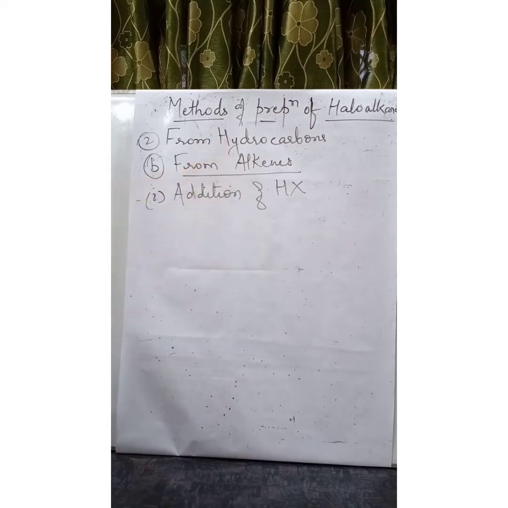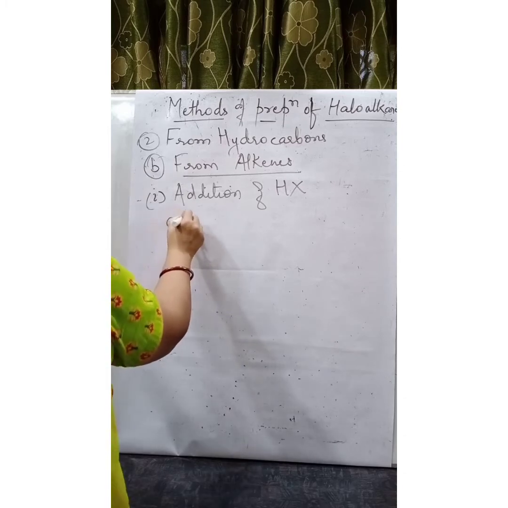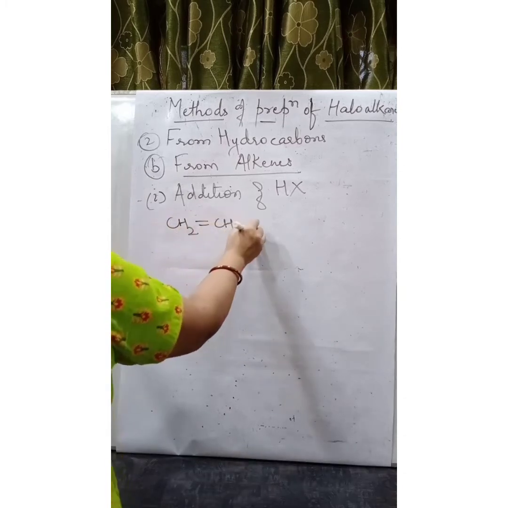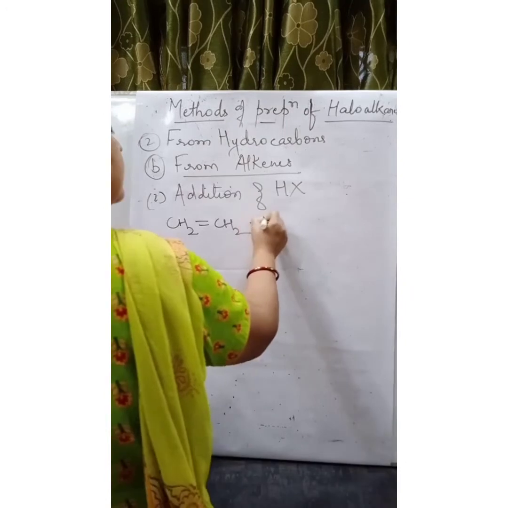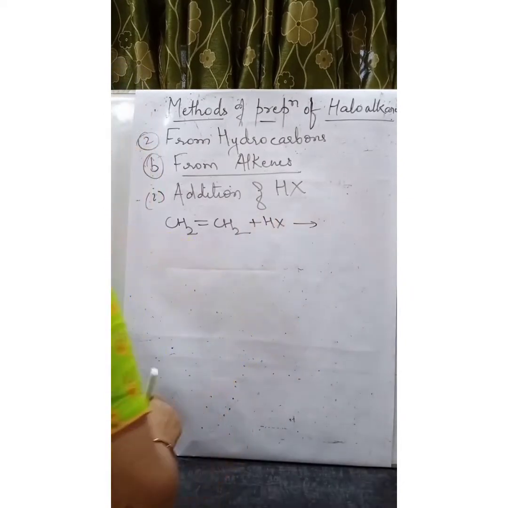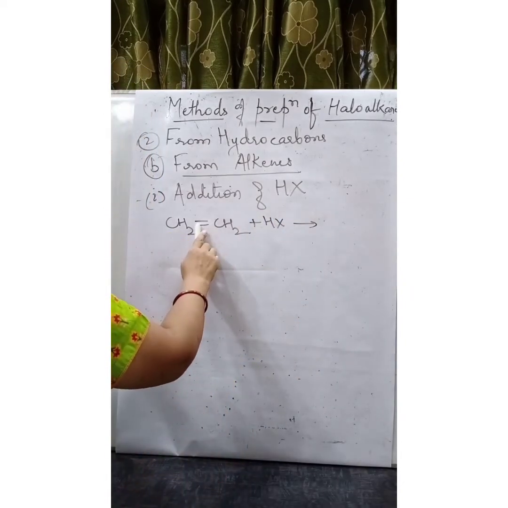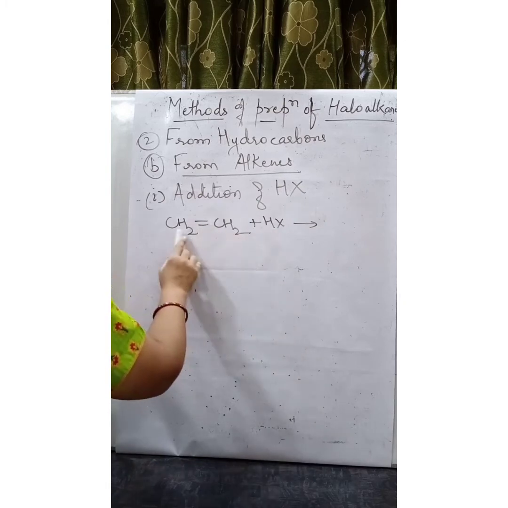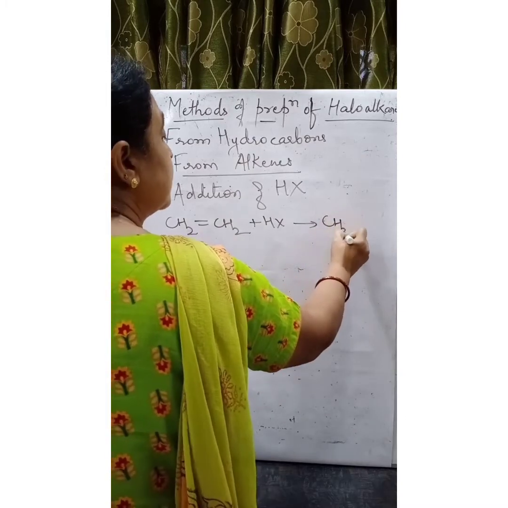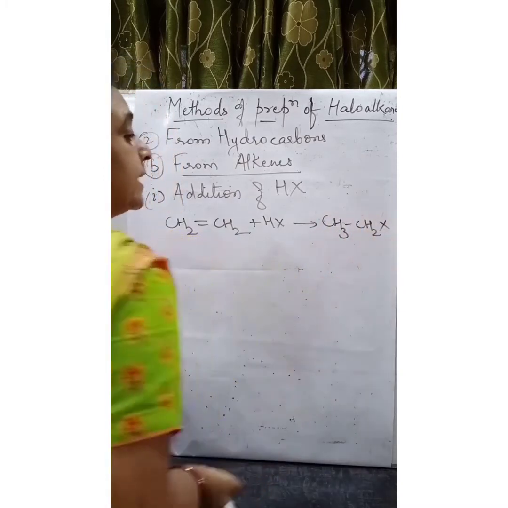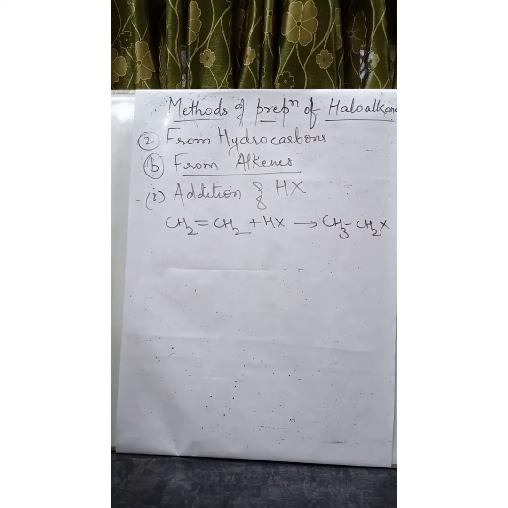We are having two types of alkenes. Suppose we take symmetrical alkene. Symmetrical alkene means having same number of carbon atoms on both the sides of double bond, and treat it with HX. So addition reaction will take place, one of the bonds will break, one hydrogen will come here and one halogen will come here, or reverse. So in both the cases, the product obtained is same. So in case of symmetrical alkenes, there is no problem in addition of hydrogen halide.